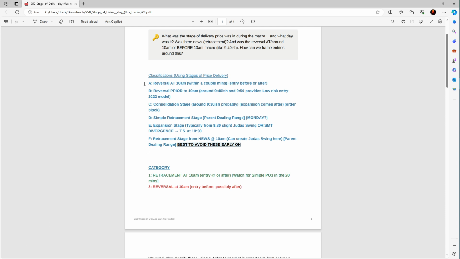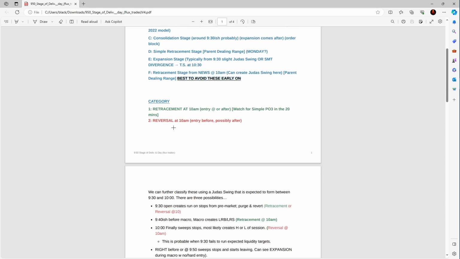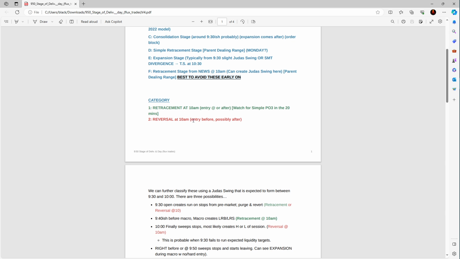But all of these classifications can be simplified into 2 different things, which would be your categories. So you either have a retracement at 10 a.m. Then you can use your entry at or after 10 a.m. Okay, so you're going to watch for simple power of 3 within the 20 minutes. Or you have a reversal at 10 a.m. So you can either get an entry before targeting the reversal point or possibly after, which is what we did